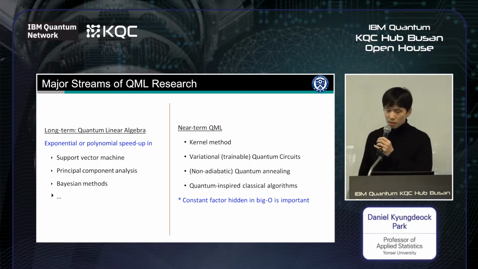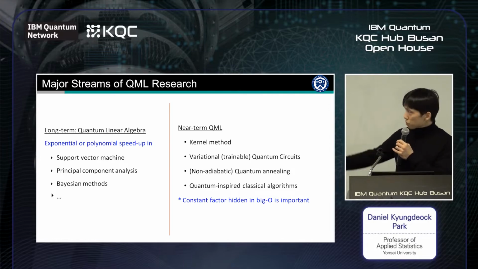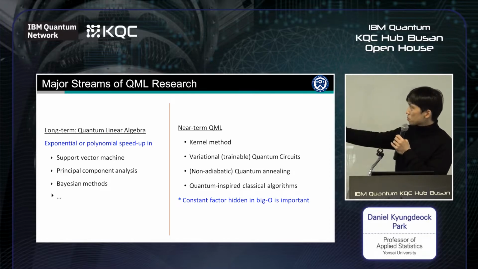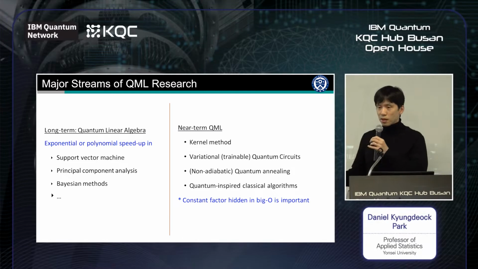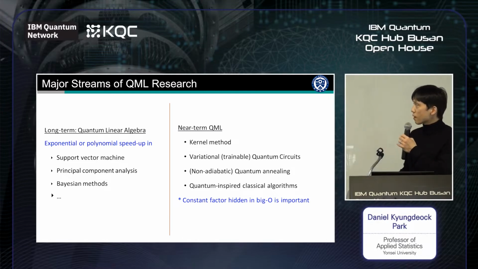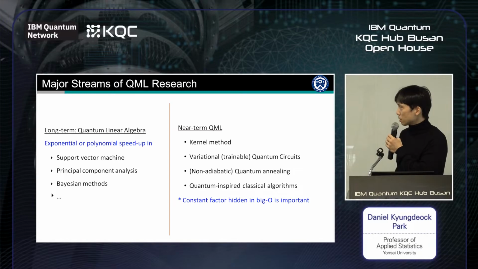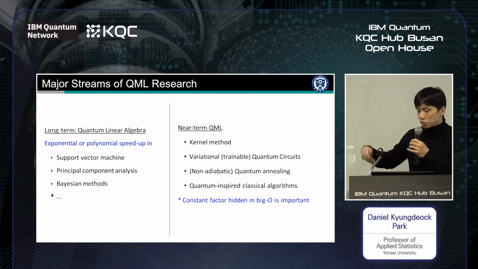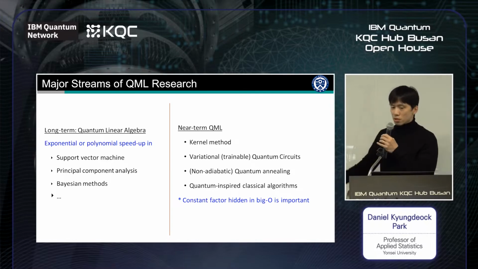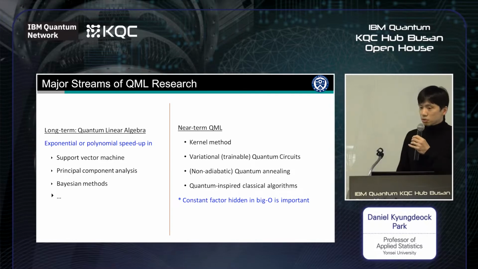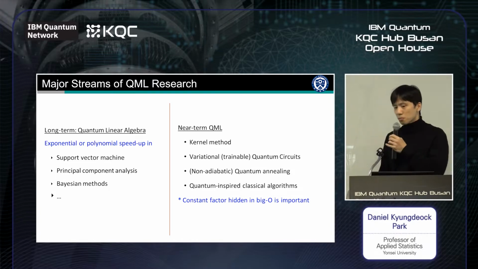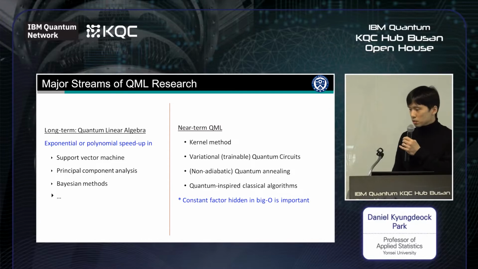So it's a non-adiabatic quantum annealing. And there are also quantum-inspired classical algorithms. This is quite interesting because, as the name indicates, these algorithms are inspired by quantum mechanical principles, but we don't necessarily require quantum hardware. So we design algorithms based on quantum mechanics, but we run them on classical hardware. And that could still be beneficial if our goal is not so much about reducing the runtime, but we care